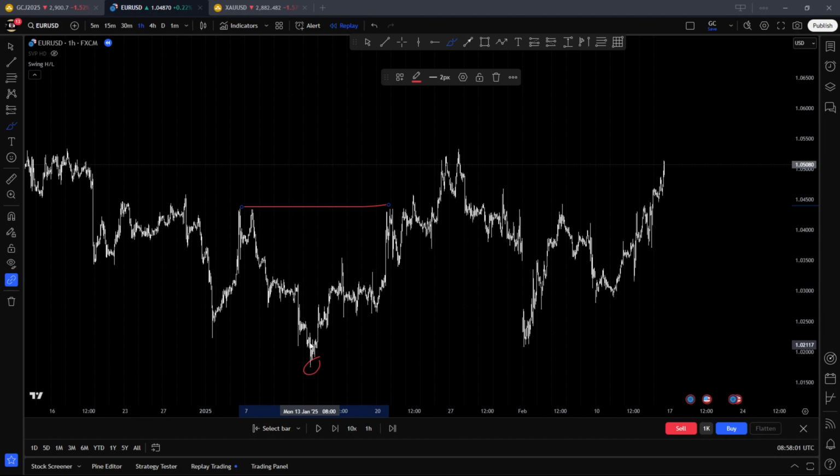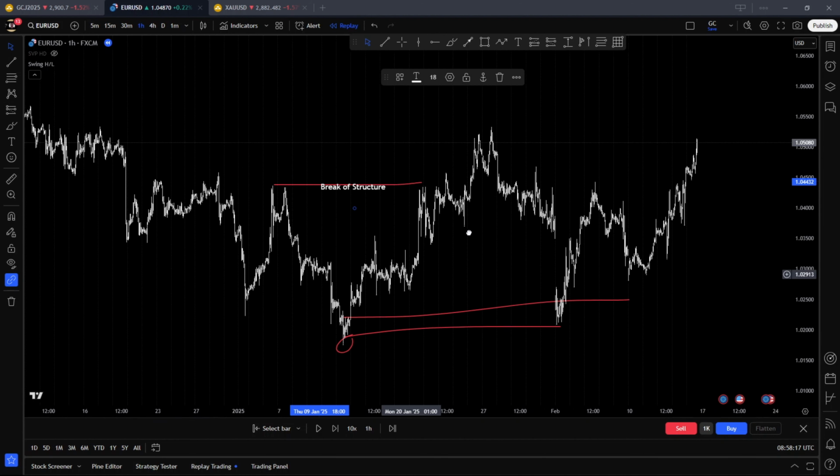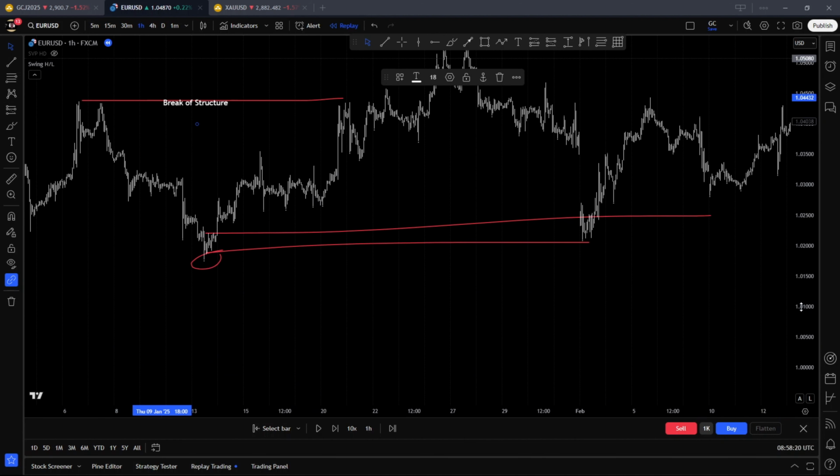So this is the origin, and then this is what? The demand zone, and then price tapped into it. So this becomes your break of structure. This becomes your break of structure, right? And then this is your demand zone. If I zoom out very well, you will see